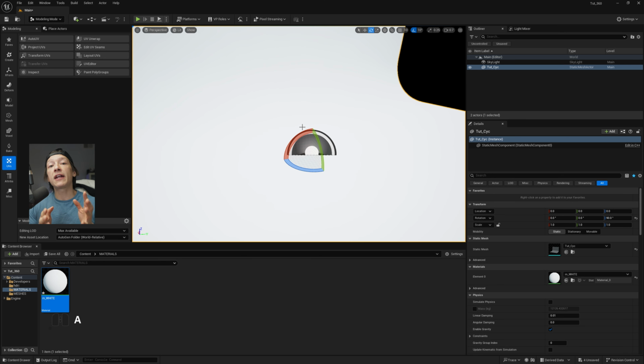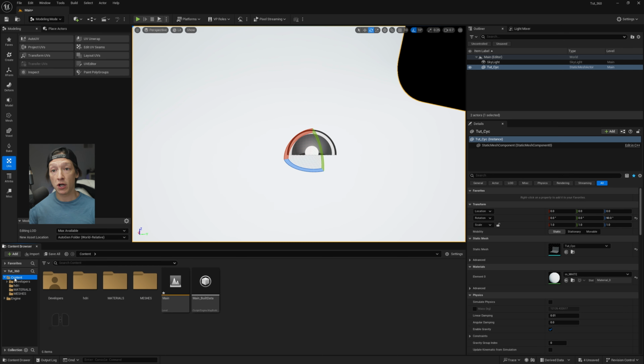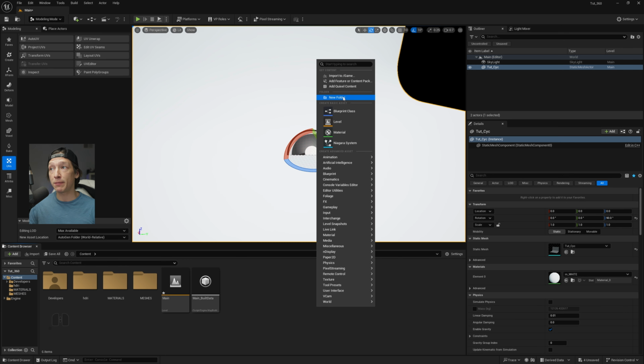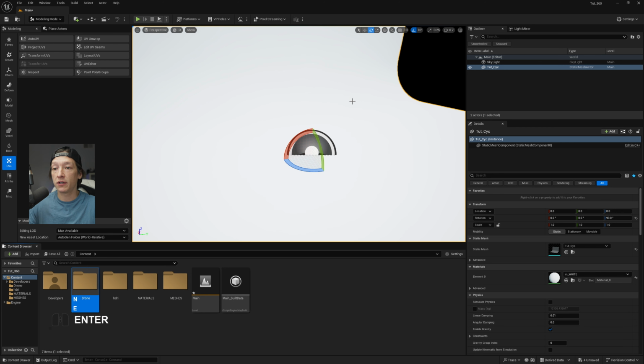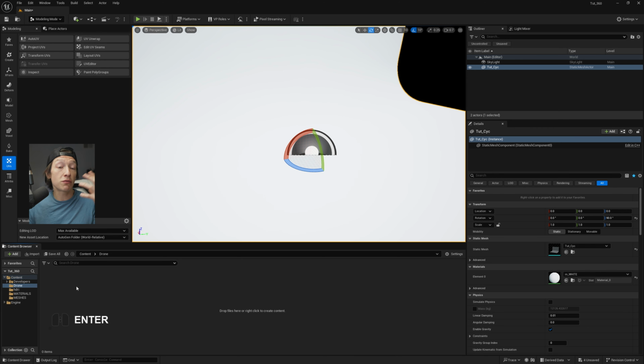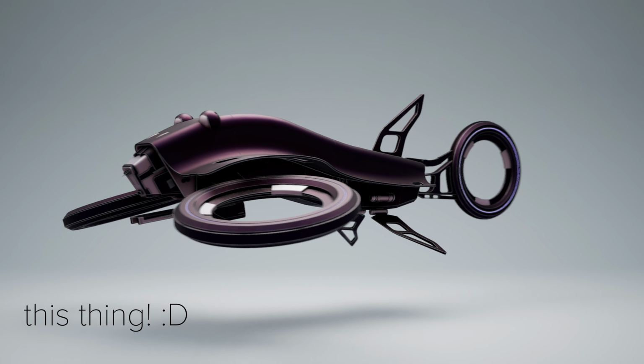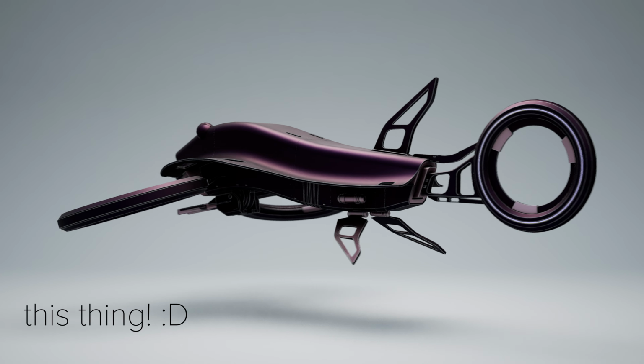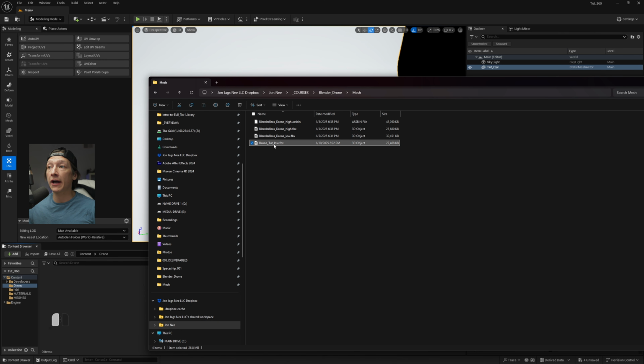Okay, let's go ahead and import a mesh into Unreal to do our 360 turnaround. Go to our content folder, right-click in the empty space, and we'll call this drone, because we're going to do a 360 of this drone that I made because I'm very excited about it. So let's go ahead and find that mesh. I have this folder here of my drone that I'm going to be working with today, so I'll drop this